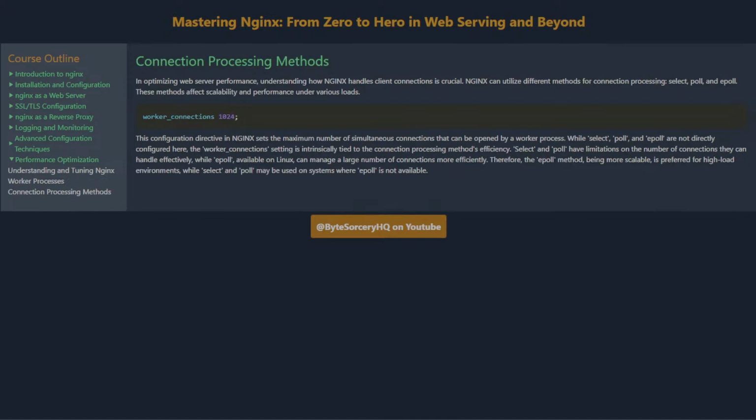Connection processing methods: select, poll, epoll. In optimizing web server performance, understanding how Nginx handles client connections is crucial. Nginx can utilize different methods for connection processing: select, poll, and epoll. These methods affect scalability and performance under various loads. This configuration directive in Nginx sets the maximum number of simultaneous connections that can be opened by a worker process. While select, poll, and epoll are not directly configured here, the worker_connections setting is intrinsically tied to the connection